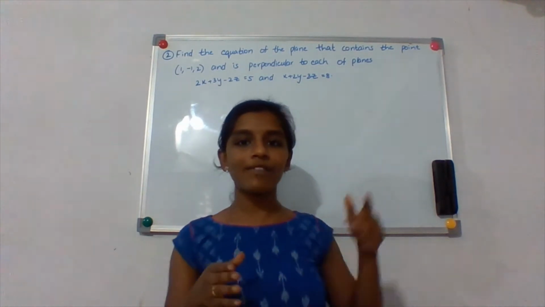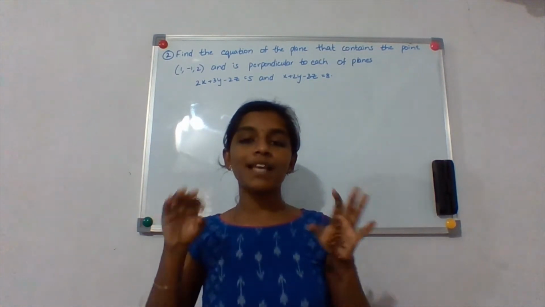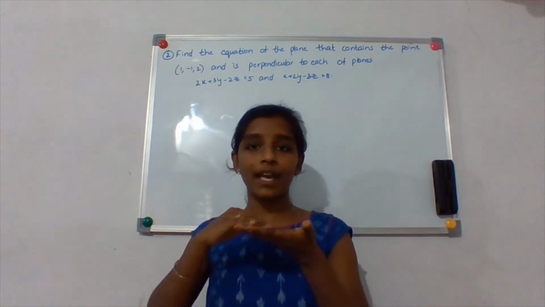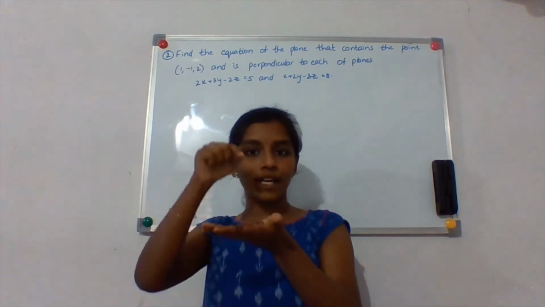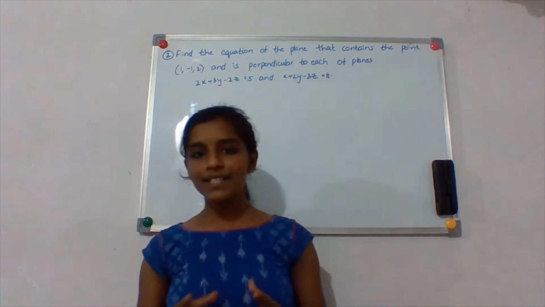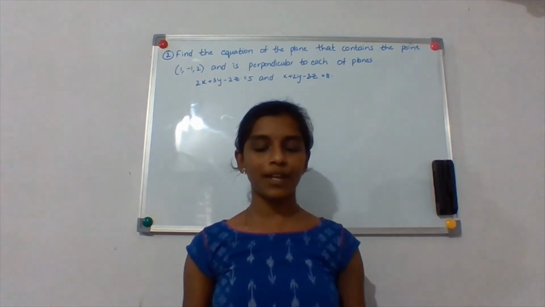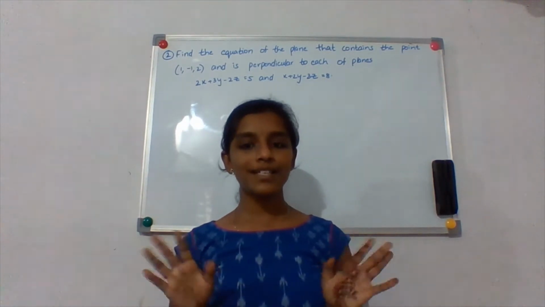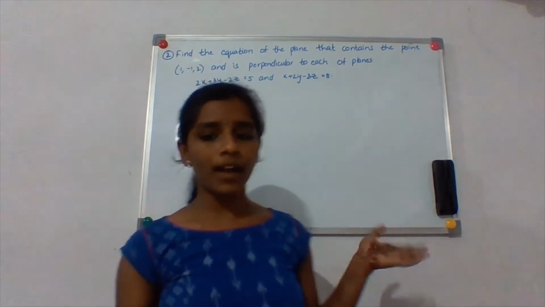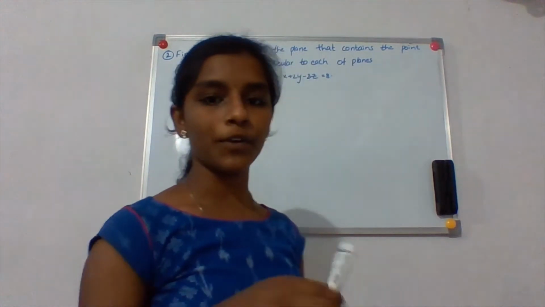In the same way, when you read a question in 3D geometry, you must be able to imagine the whole picture in your brain: there is one plane in the air, two planes are perpendicular to it, and a point is on the plane. You must imagine it like that, okay? So now let's discuss what the process is. I told you already that I'm not going to do any sum today, but just discuss the problem. Since we have already imagined the problem, let us do it on the board once.